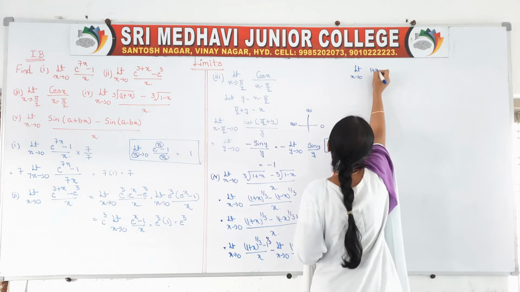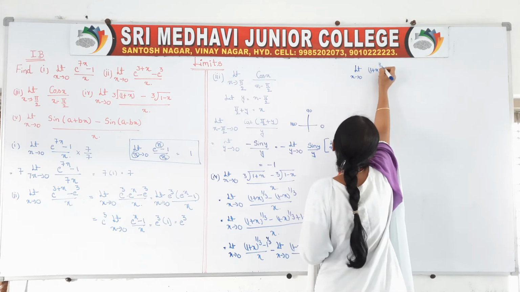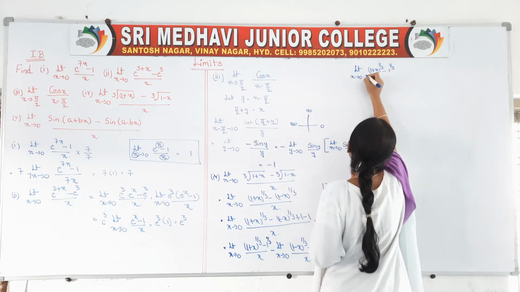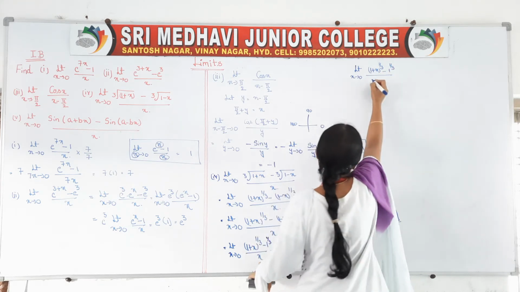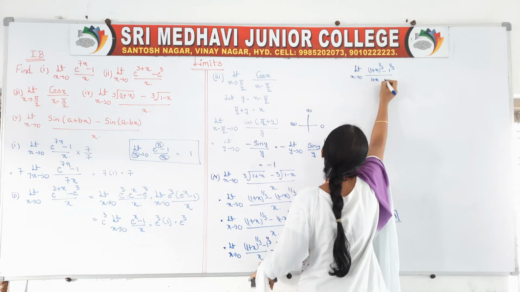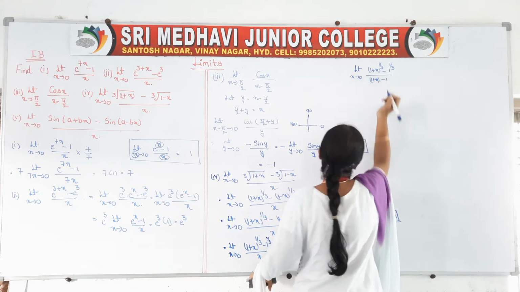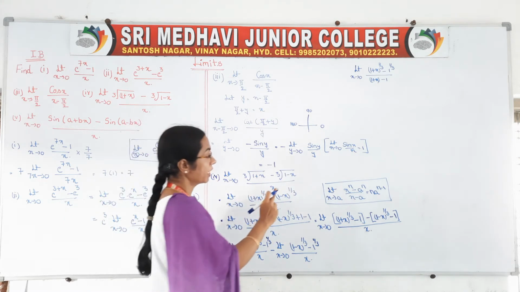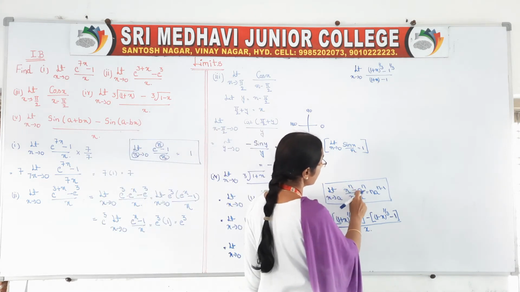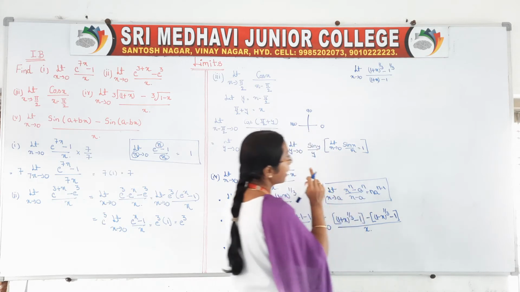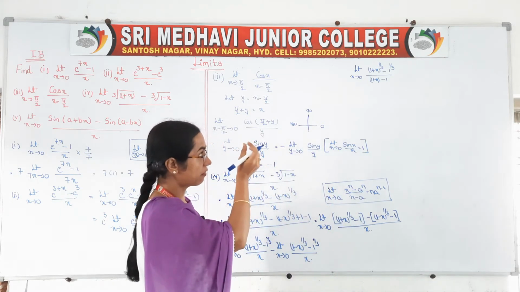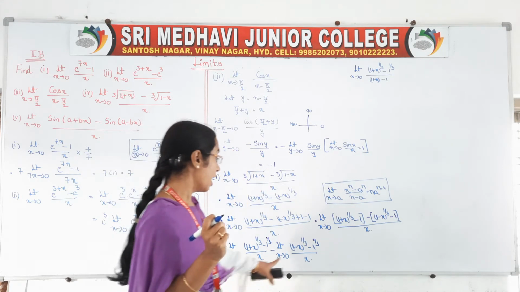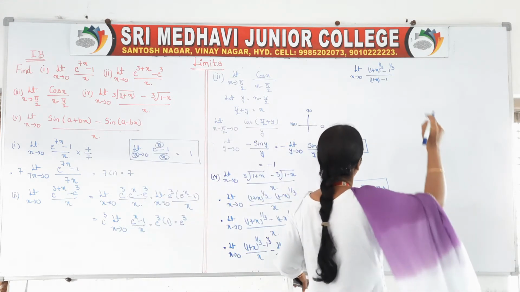(1 plus x)^(1/3) minus 1^(1/3) by x. For this, I am adding 1 and deducting 1 so that it comes exactly into our formula form: limit x tends to a, (x^n minus a^n) by (x minus a). In x's place we are having 1 plus x. Downwards also it should be in that form only.